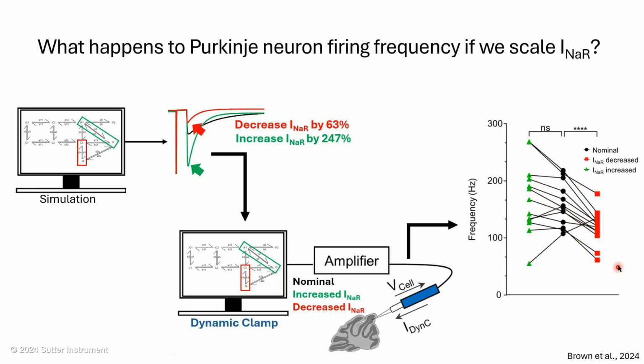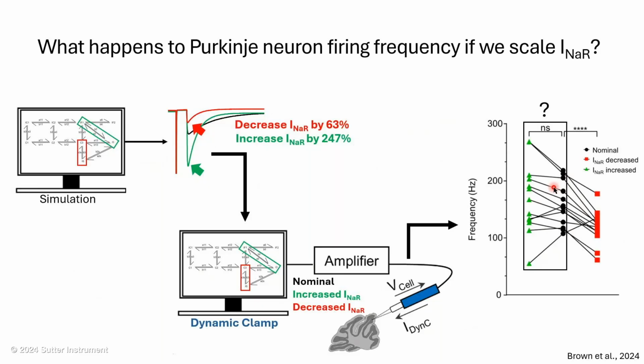After we added our resurgent current decreased model, that's this red trace here, what we found was a significant reduction in firing frequency, which isn't all that surprising, primarily because the literature tells us that the resurgent current drives this spontaneous firing frequency. So a model with a reduced amount of resurgent current seeing a reduced firing frequency is not that surprising. However, when we compared our increased resurgent current model, with nearly 250% increased resurgent current compared to our baseline, we didn't see any significant differences, which really perplexed us.